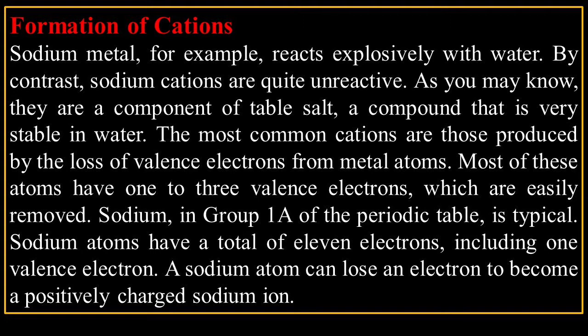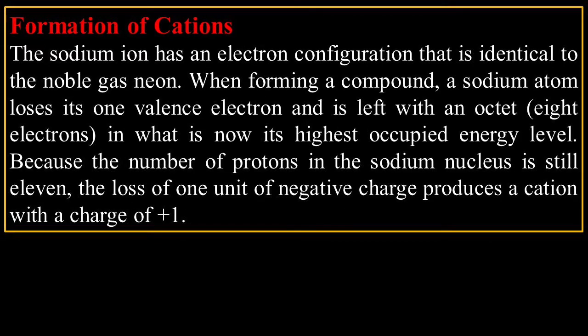Sodium in group 1A, or just simply group 1 of the periodic table, is typical. Sodium atoms have a total of 11 electrons, including one valence electron. A sodium atom can lose an electron to become a positively charged sodium ion. That entire group will become +1. The sodium ion has an electron configuration that is identical to the noble gas neon. When forming a compound, a sodium atom loses its one valence electron and is left with an octet, 8 electrons,